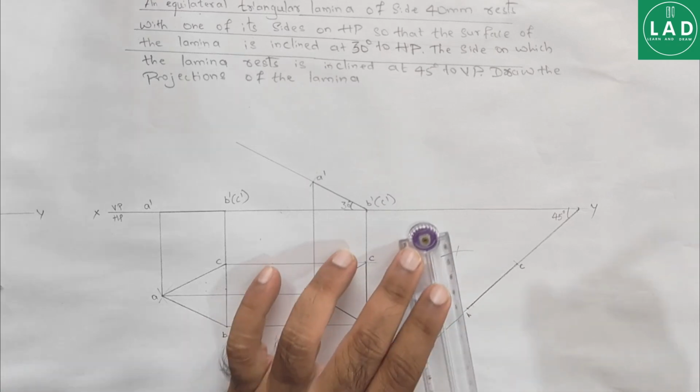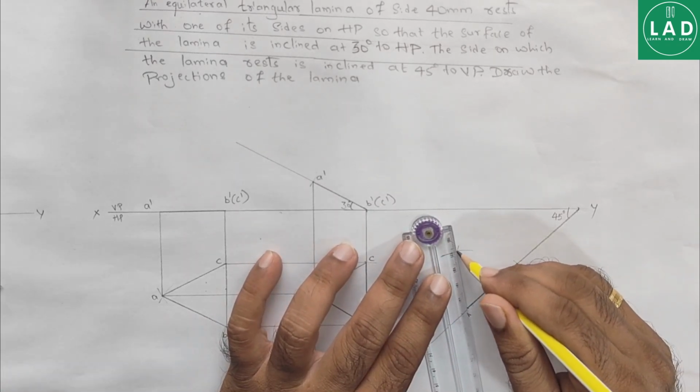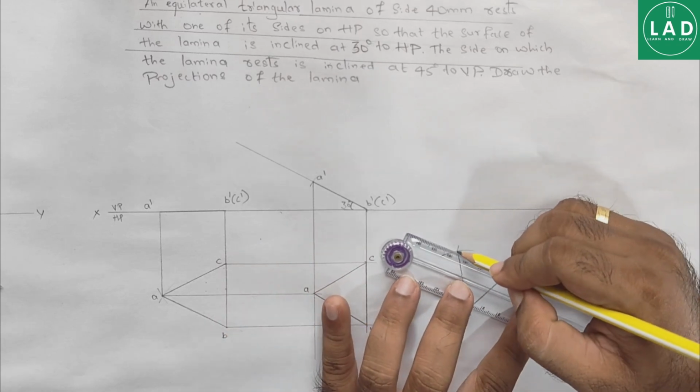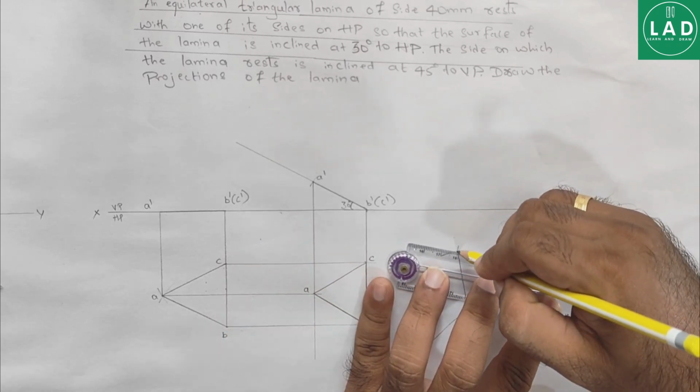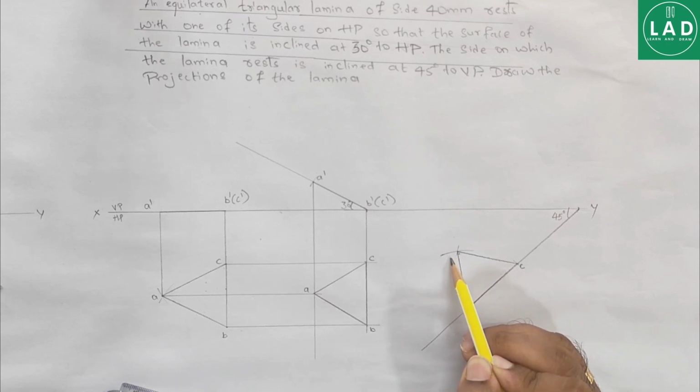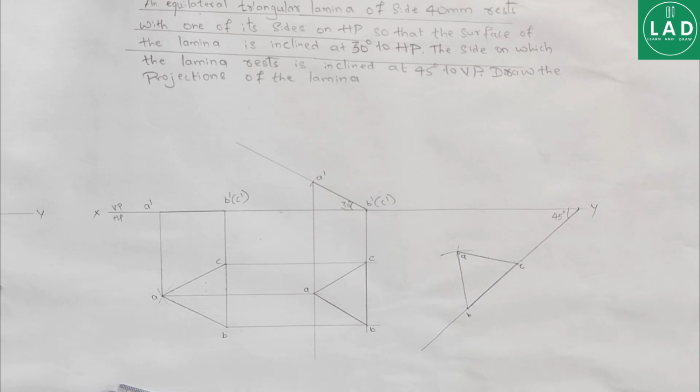Now let's join these lines. So this point is A, B, C. So this is our third